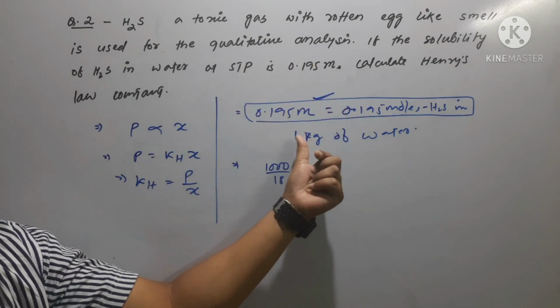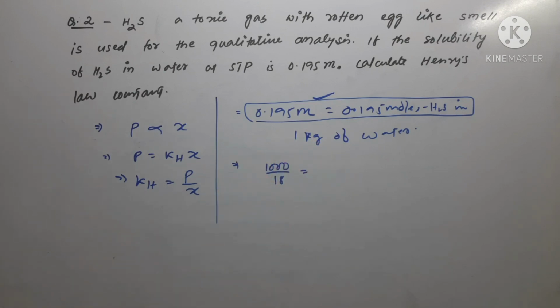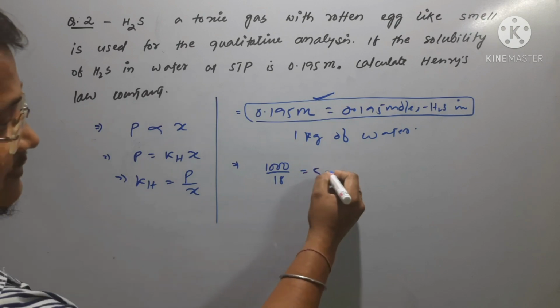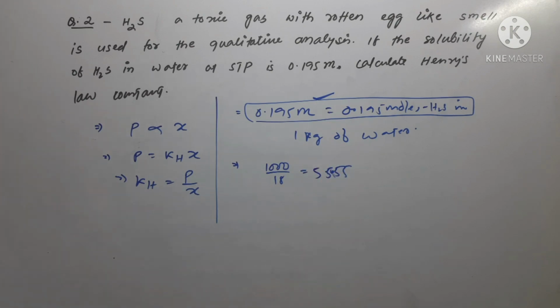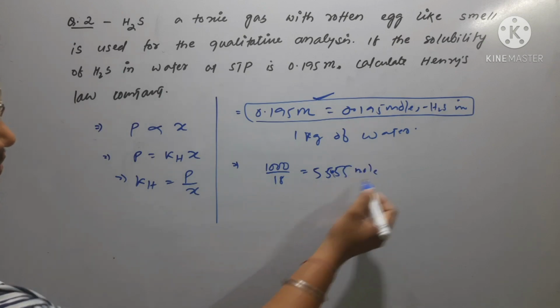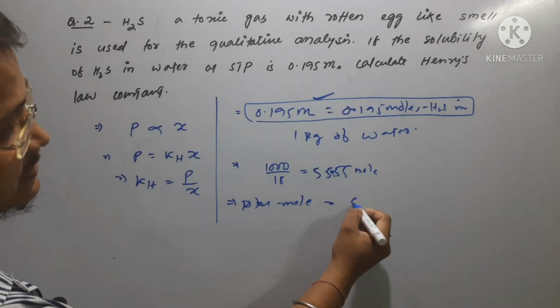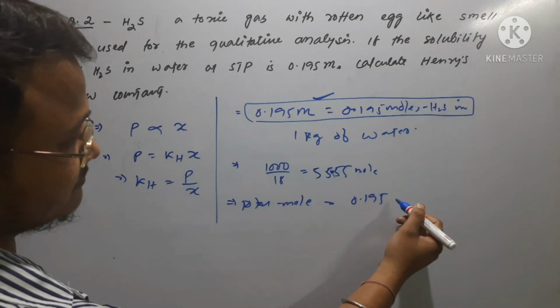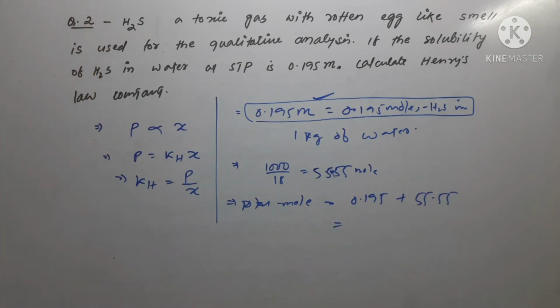It is 1 kg, so I have written 1000 gram. So 1000 gram divided by 18 gram comes out as 55.55 mole. Now we need the total mole. Total mole equals 0.195 plus 55.55 mole, which will come out as